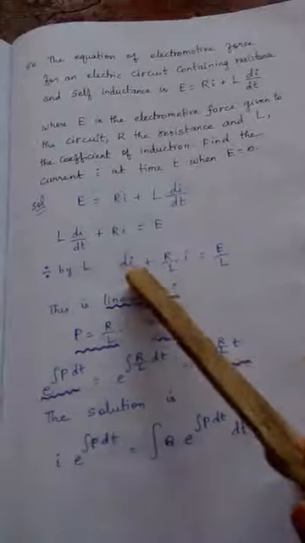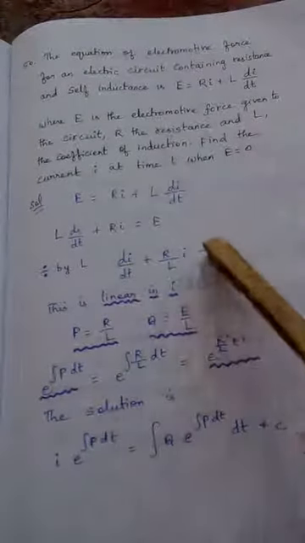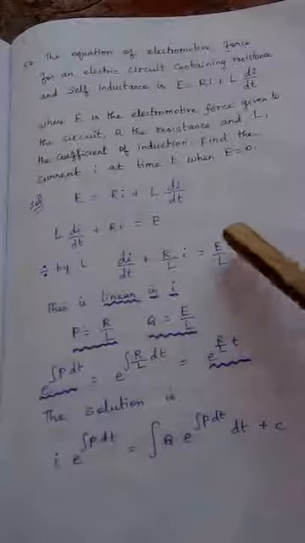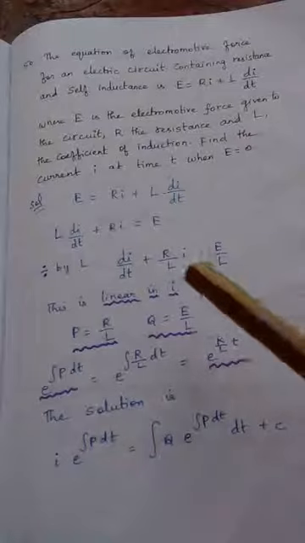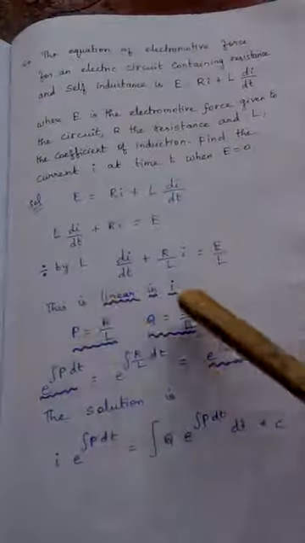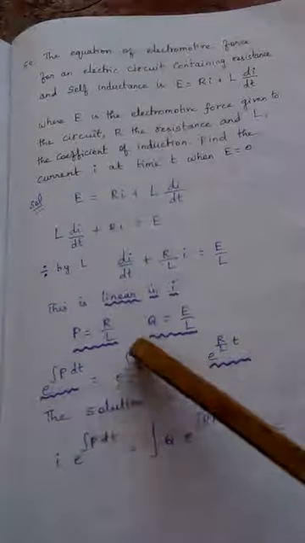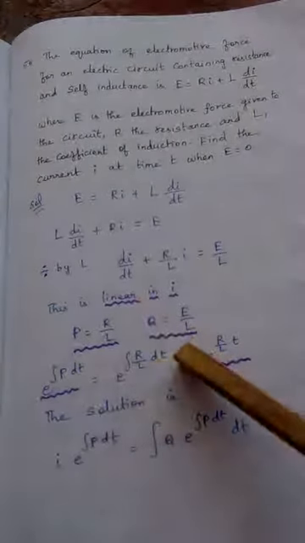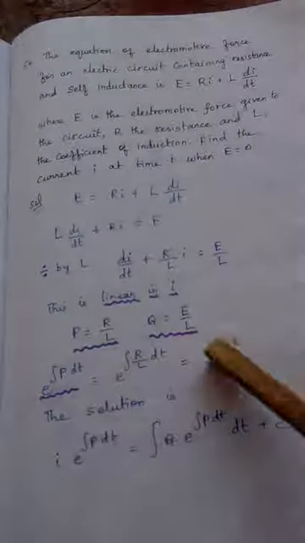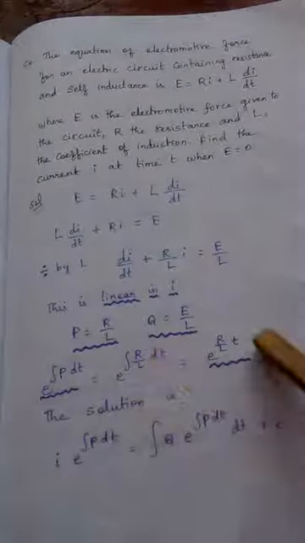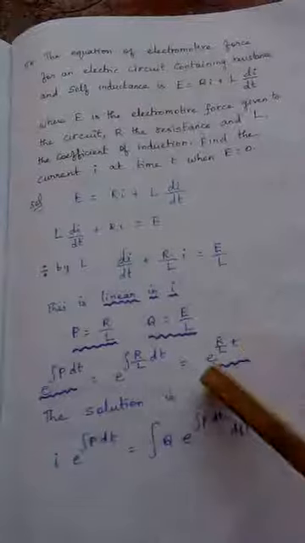Now if you see, you can understand. What is the meaning? This differential equation is linear in I. What is the P value? R by L. Q value? E by L. How? You have to see the previous classes video. P means R by L, Q is E by L. This is called the integrating factor: e power integral P dt equals e power integral of R by L dt. R by L is constant, which will be taken outside. Integral dt, the answer is t. So this is called the integrating factor.